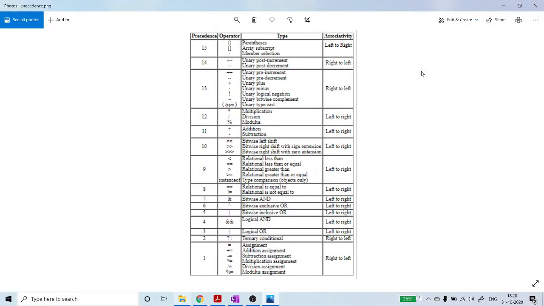You can search this precedence table in Google also. So see here, precedence and operator name, and I'll come to the associativity later, but first three columns you observe, precedence number 15, 14, 13,